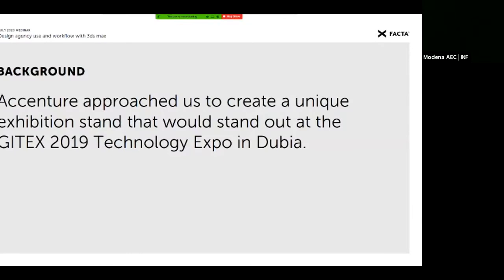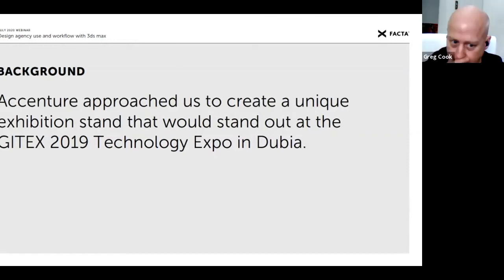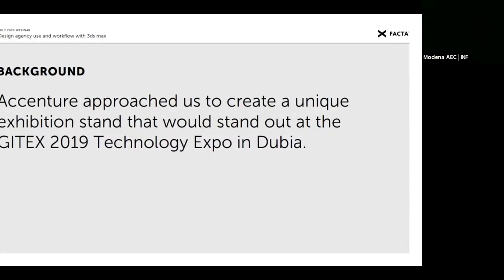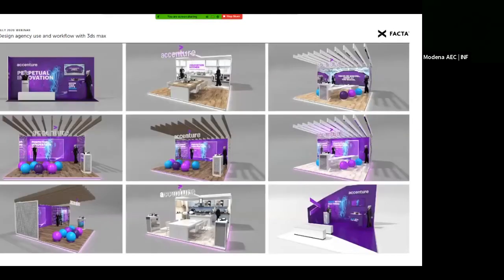One of our clients, Accenture, came to us and said we need to quite urgently create an exhibition stand in Dubai, which literally was going to happen in a few weeks' time. And if we could come up with the concepts and get the idea going as quickly as possible. So here we took them through